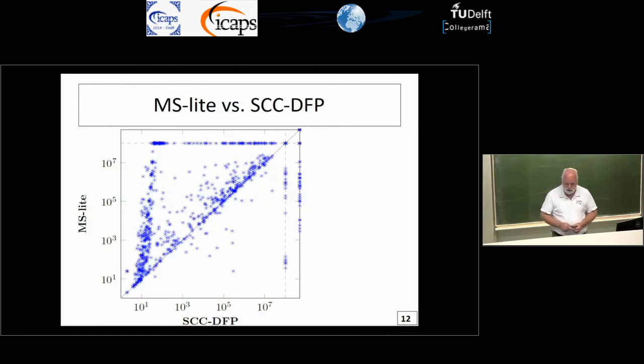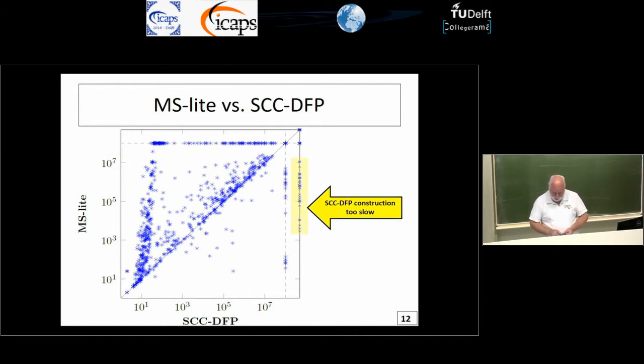So now let's just have a look at MS-Lite versus SCC-DFP, which as I said is state of the art. This is the same exact kind of picture. Nodes expanded. Each point is one instance from the IPC. And just as you'd expect, MS-Lite is not creating a particularly good heuristic. Almost all the data points are above the diagonal, but that's not really the point here. The point is that there's all these things on the right-hand side